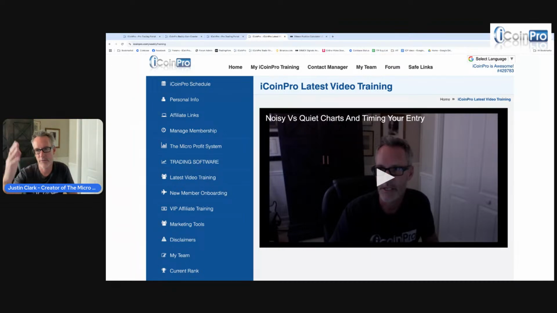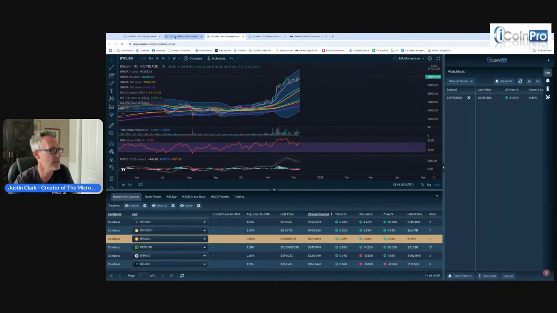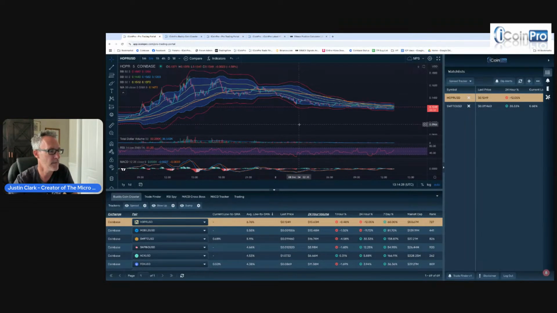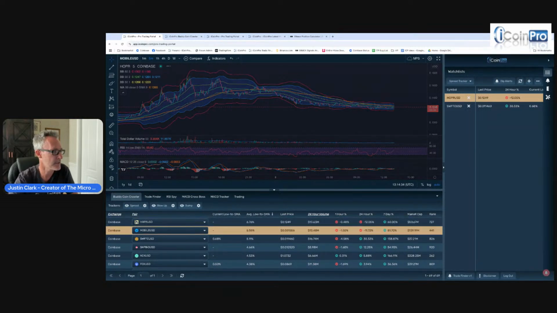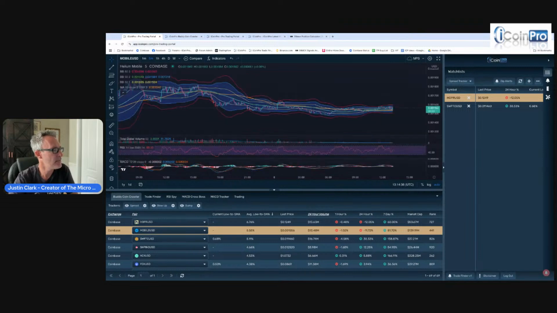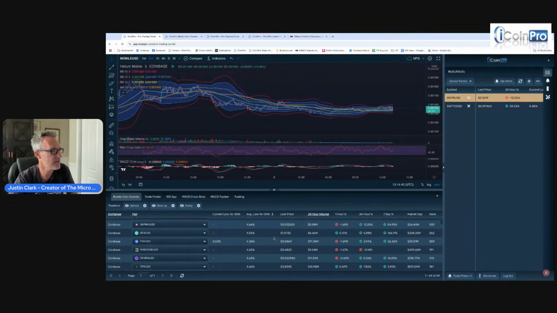So you know how to look for those trades that are moving really, really well, those coins that are moving up and down, up and down. And we want to look for what's called roller coastering, good roller coastering, so we can get in and out and make our profits. Okay, other than that, looks like we've got a couple coins, but the volume seems like